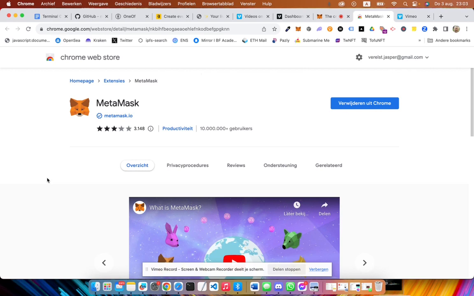Read very carefully what you have to do. Read through the process, follow the process step by step, and they're going to ask you some security things. One of them is that they will give you a secret phrase that will consist of a couple of words, maybe 12, maybe 24, maybe more. And they will ask you to write this down. What you do is write it down on a piece of paper that you store offline and keep somewhere safe.